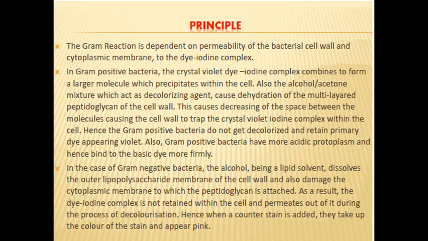Now what happened? Already I explained, the alcohol molecule is responsible for the formation of pores in the cell wall. In gram negative bacteria there is also pore formation, but the pore size is large, and alcohol simultaneously acts as a dehydrating agent, and due to the dehydration the cell walls start to shrink, and in gram positive bacteria the small pores completely close.